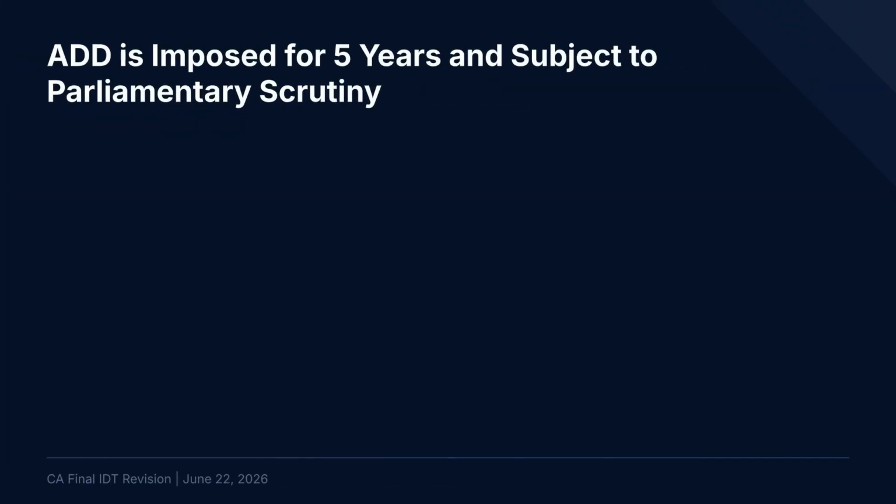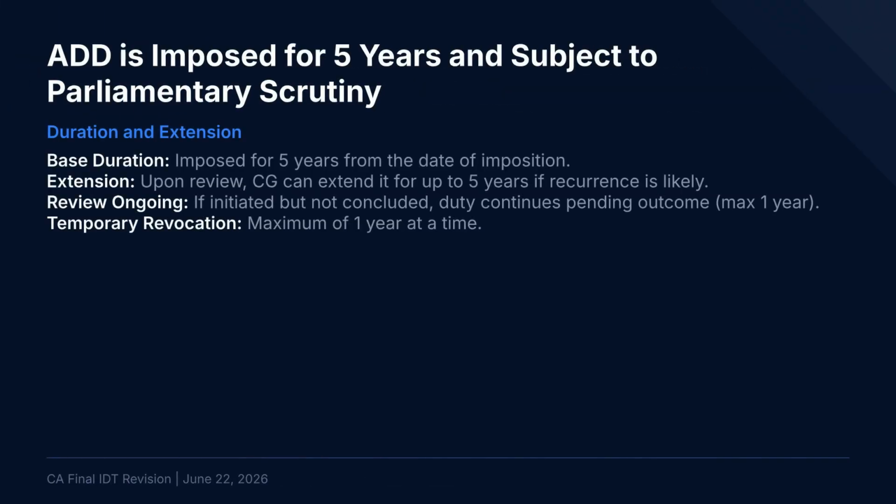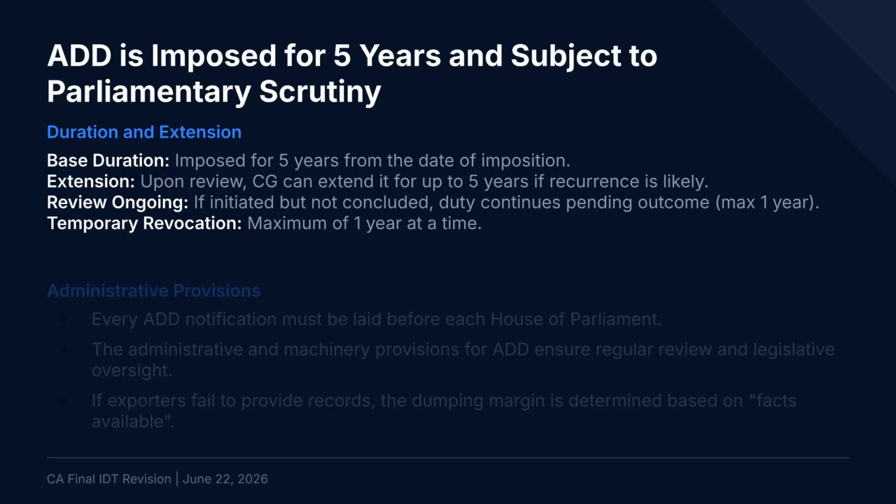Anti-dumping duty normally remains in force for 5 years. Following a review, it may be extended for another 5 years if the likelihood of continued dumping and injury remains. Where a review is pending at expiry, the duty can continue for up to 1 additional year. Every anti-dumping notification must also be laid before Parliament. Furthermore,